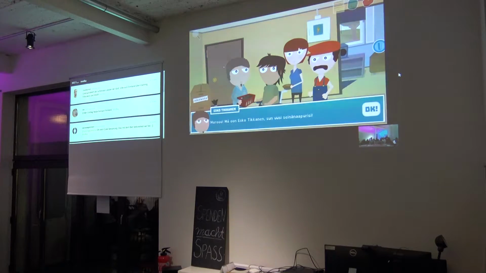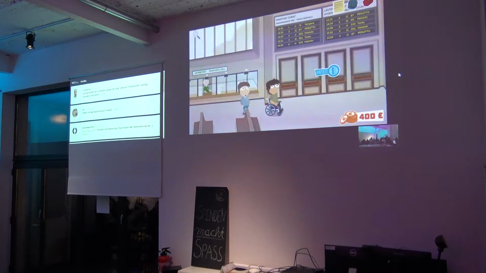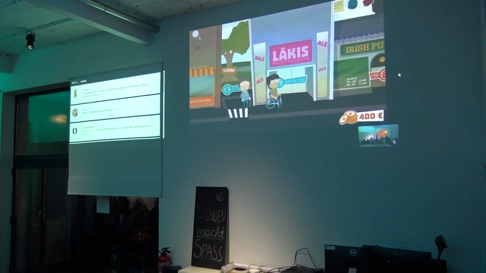Esko arrives at the player's housewarming party, and they get the idea of going to a rock festival together. And the game is about the player and Tikkanen trying to gather all the necessary equipment and also win a competition that will grant them the tickets to the rock festival.